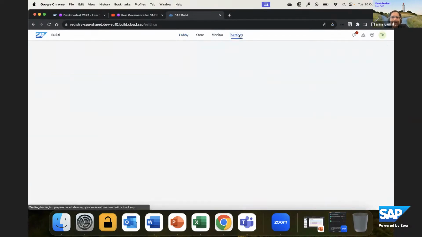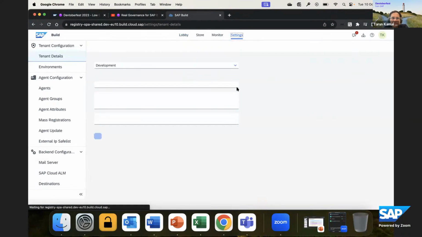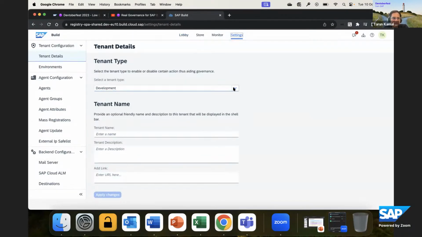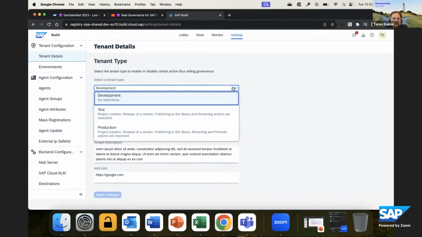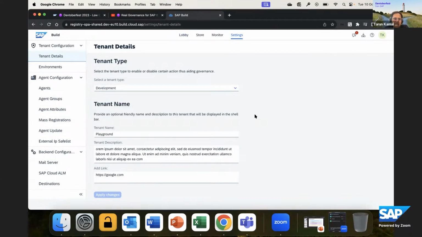And the important element is also, we stepped into something called settings, where we configure the tenant details. The whole idea is you can classify and express whether a specific tenant is dev, test, or prod. If you see, there are some restrictions which apply to test and prod, but not to development. The predominant action is that we don't allow changes in a test and a prod system, with the intent of preventing unintended usage. So that's one of the key elements.